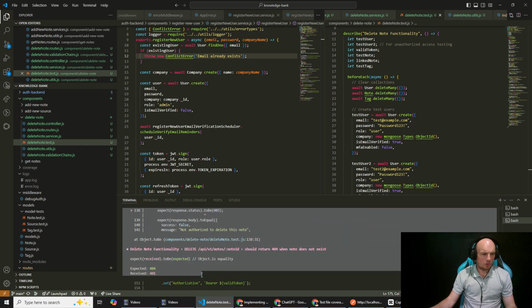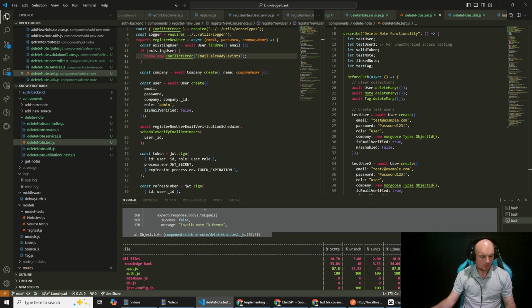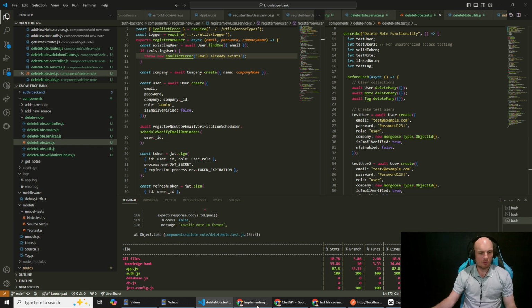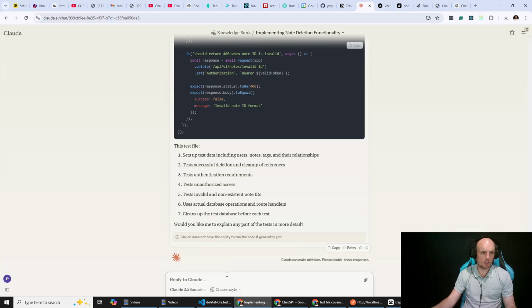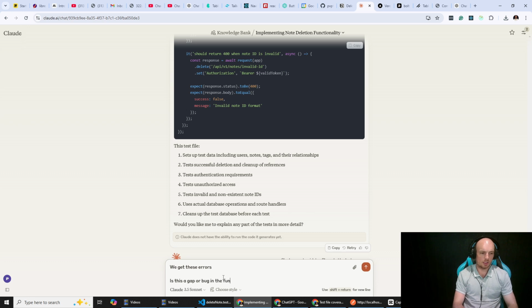So a few more tests failed than we'd normally hope for. I kind of have come up with the idea that if it can pass about 75% of the tests first time round, it's normally good. So I'm just going to say we get these errors. Is this a gap or bug in the functionality? Or are the test case conditions different to what we